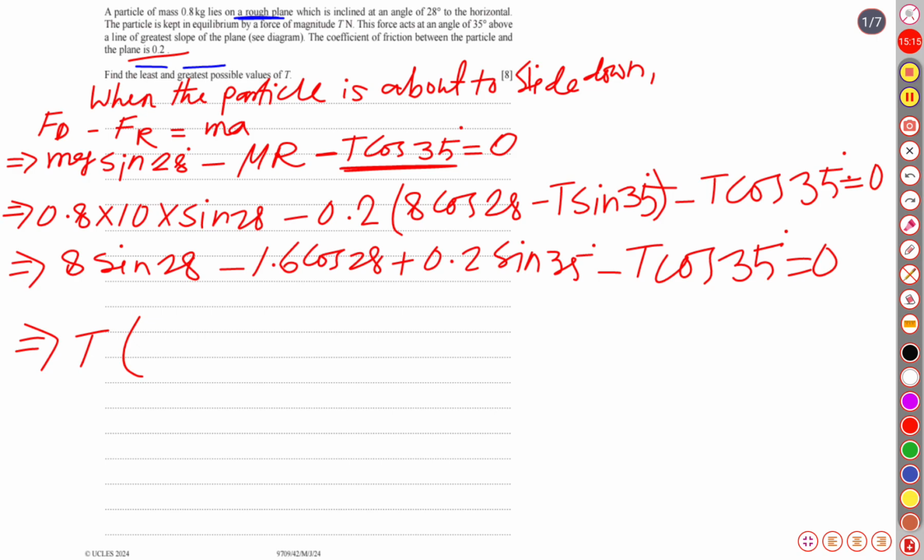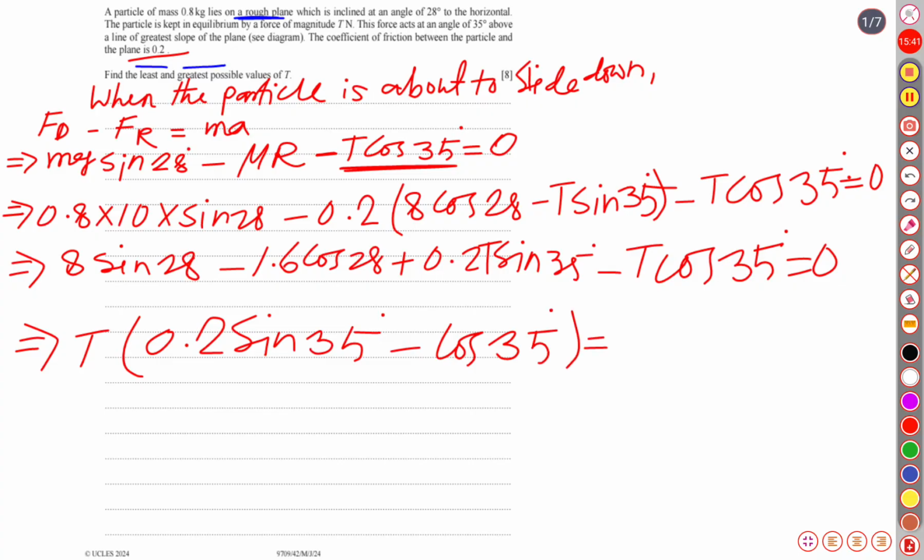So if T is taken as common, first one is 0.2 sine 35 degree minus cos 35 degree, and if we transpose this to the right side, it